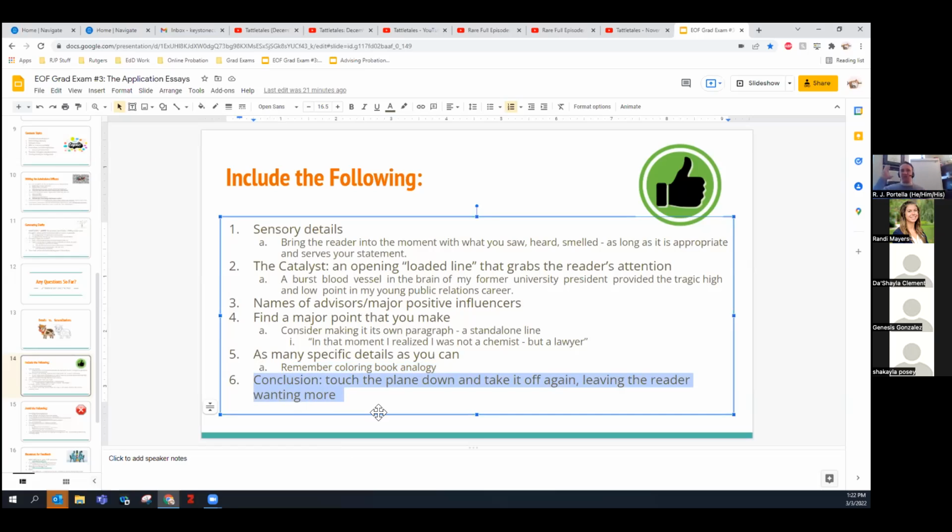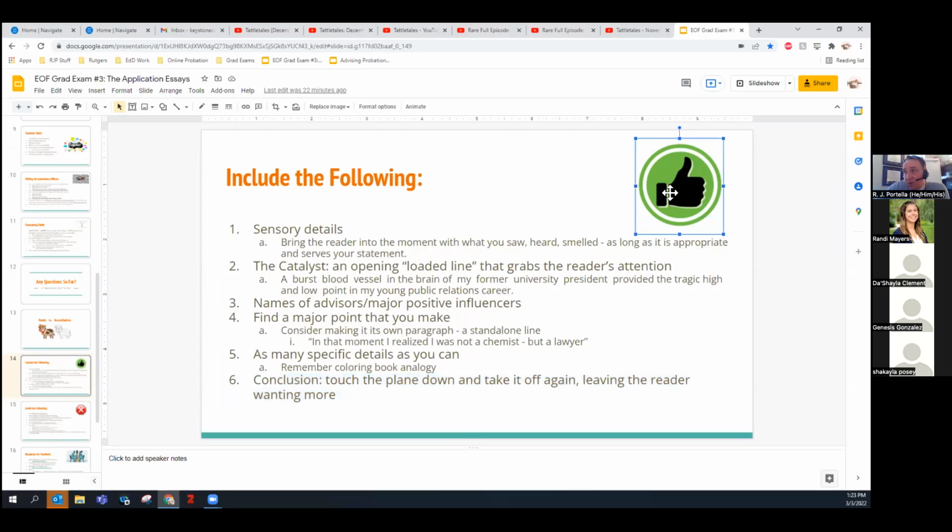In other words, from start to finish, from word 1 to word 600, you want to take the reader on a journey. So if they were to look back at that first sentence, they really feel that they went on a journey with you through the essay. And that's a little bit of an art form. But how does that art form come about? By making sure that you get lots of feedback and that you revise a lot of times. Now, we talked about what to include.